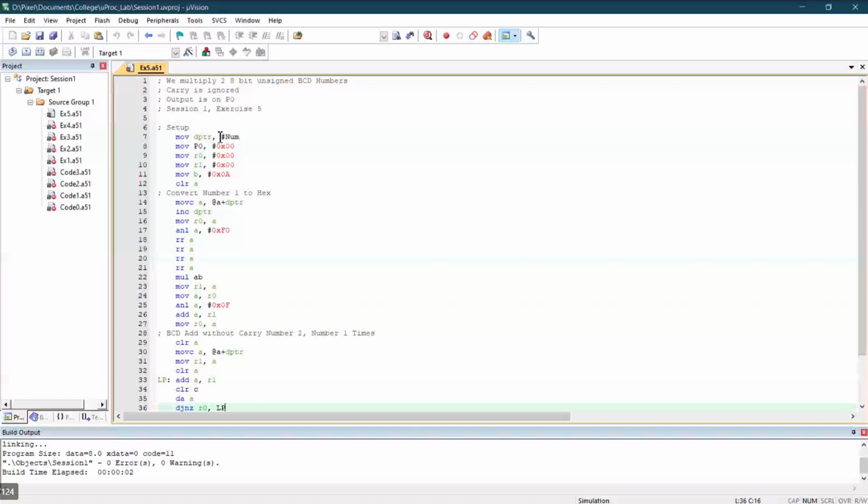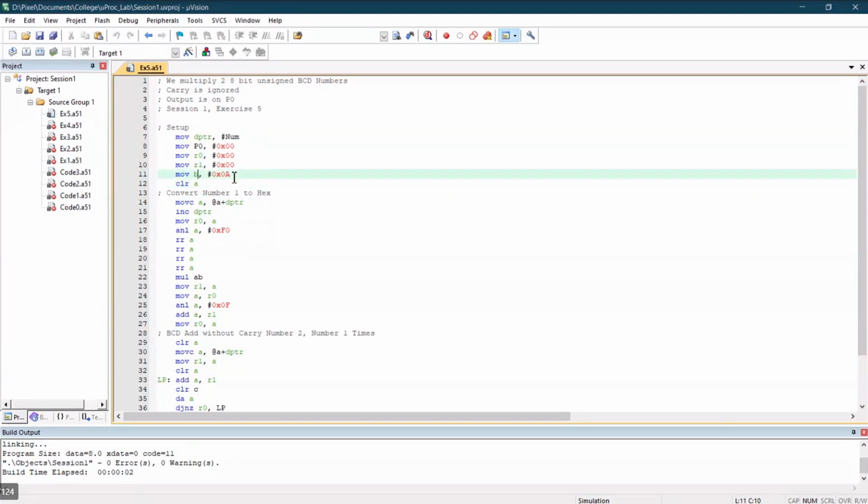So these are the two numbers that we'll be multiplying. How the program works is, first we load the address of this data into the data pointer. Then we initialize port 0 because we need to show the output there, so we set that to 0 at the start. Registers and accumulators A and B are all set to initial values.